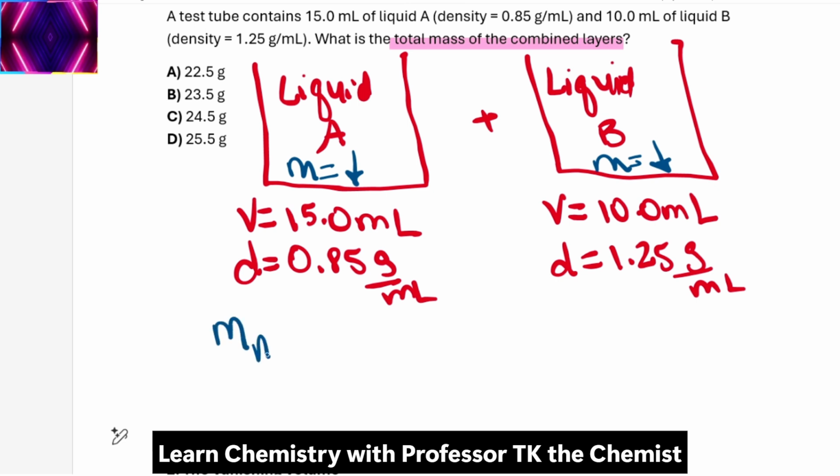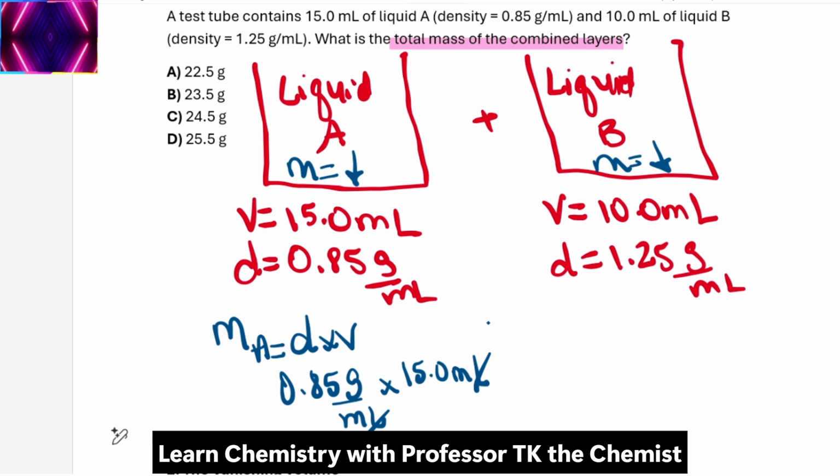So the mass of liquid A is equal to 0.85 grams per milliliter times 15.0 milliliters, okay? Get rid of your milliliters, and you've got 0.85 times 15, and I get 12.75 grams, okay? This is the mass